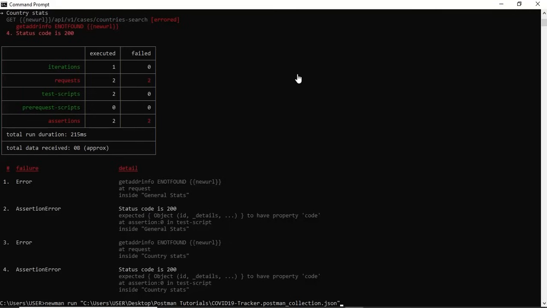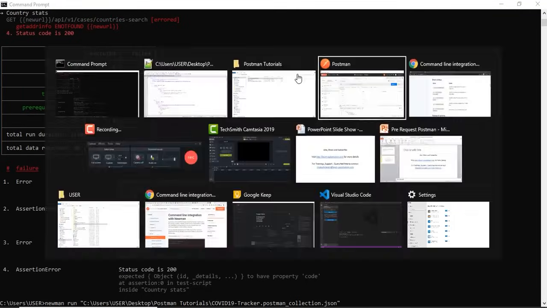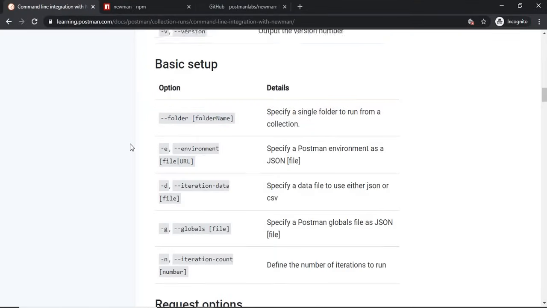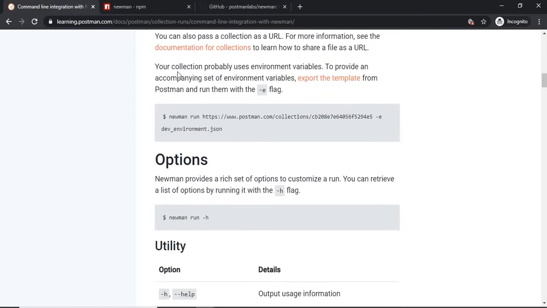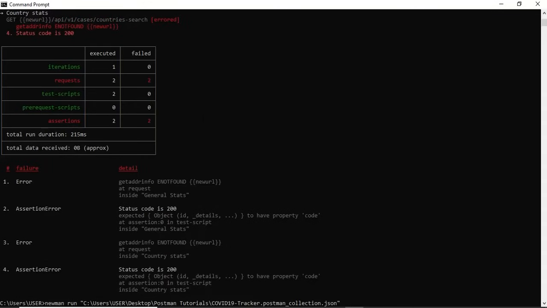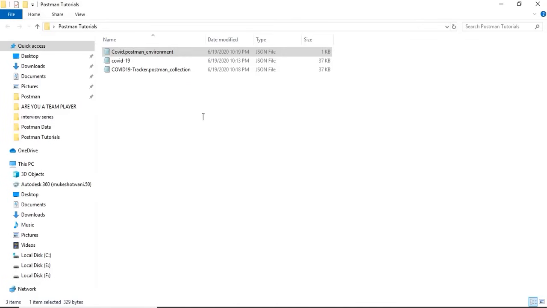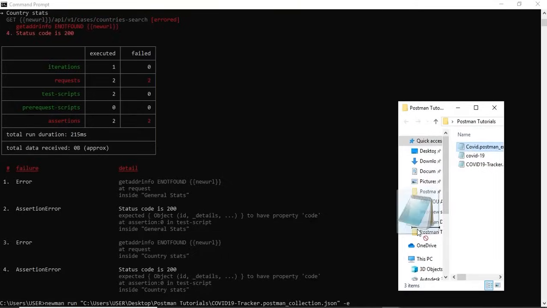So how do we know how we pass it? One thing that definitely you can refer to is their official documentation. If you come down here, they have mentioned that if your collection probably uses environment variables, you can just pass -e and give the JSON file, and it will automatically pick the keys that you have mentioned, and it will automatically map and execute. That's very easy. So I will just mention -e space, and I will just give the path of this environment. So just drag and drop,